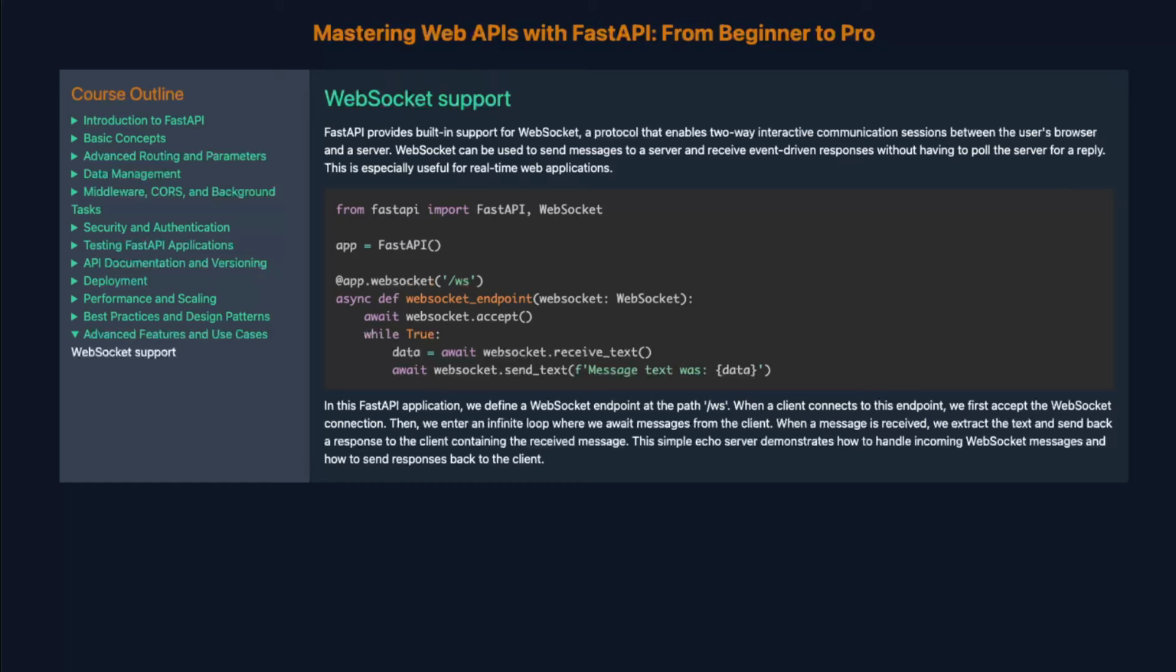In this FastAPI application, we define a WebSocket endpoint at the path /ws. When a client connects to this endpoint, we first accept the WebSocket connection. Then, we enter an infinite loop where we await messages from the client. When a message is received, we extract the text and send back a response to the client, containing the received message. This simple echo server demonstrates how to handle incoming WebSocket messages and how to send responses back to the